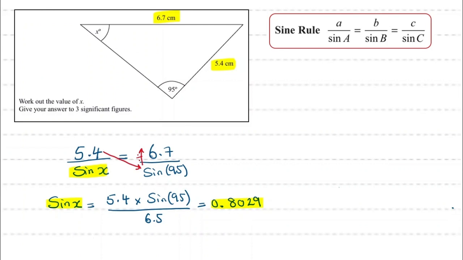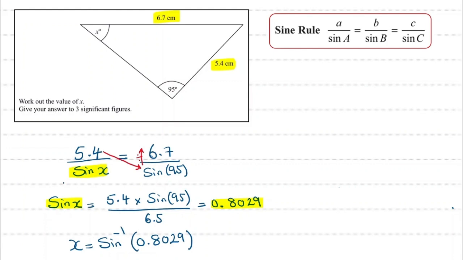In order to find x, we have to use something that we call sine inverse or sine minus 1. So we write x equals sine minus 1, and we put this number inside brackets,